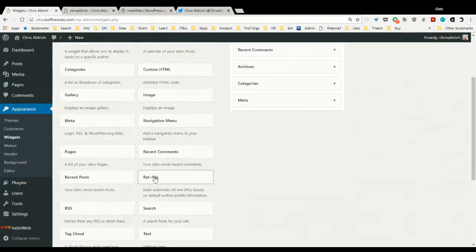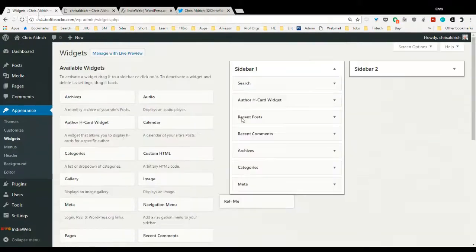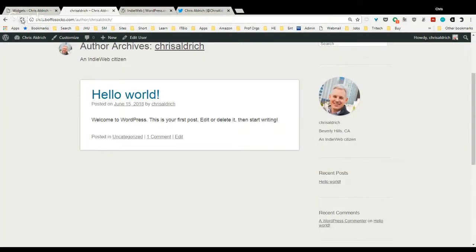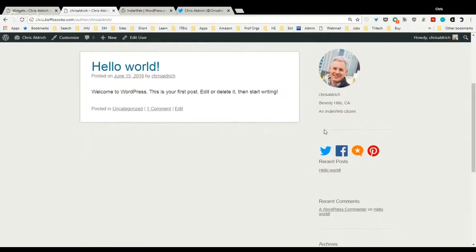And we can add the rel=me widget, which also is built into the IndieWeb plugin. And this is going to display... rel=me is a microformats spec. So we're going to save that, and we'll go back and refresh our page to see the additional data it's going to throw out. So it's going to add this little snippet here